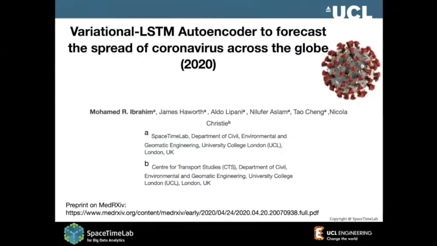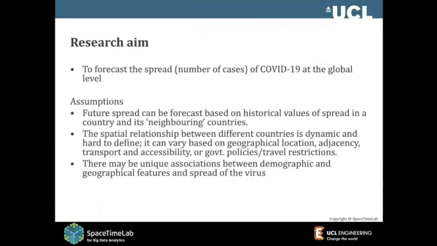For transport, I want to give you another few examples. Of course, I want to talk about one of our works. We have done many others, but this is one. We said, okay, we have done so many models. Can we predict the spread of the COVID-19 virus? Mohammed is the leading author. He's a PhD student with me and James. So what do we do? Please remember this is a very early work when there's not much data available. We only have the number of cases.